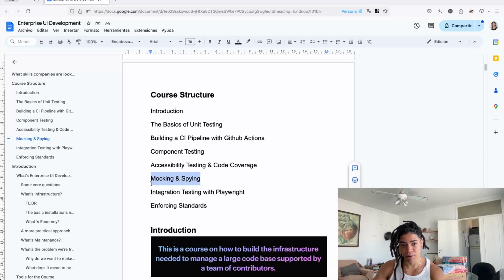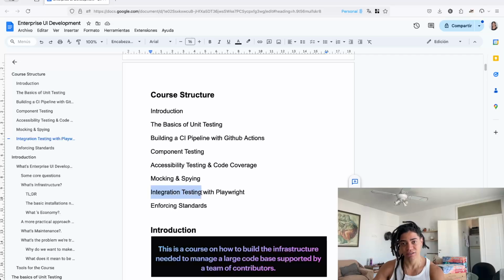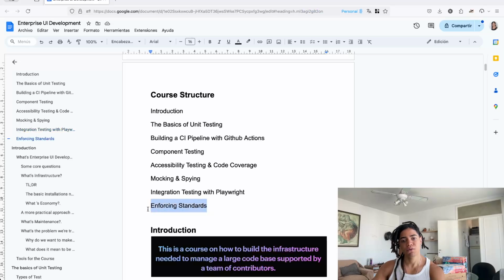That's also part of integration testing. Again, something that we're going to talk about later with Playwright, okay, and enforcing standards as a way to develop the habit, the discipline when it comes to all of these code